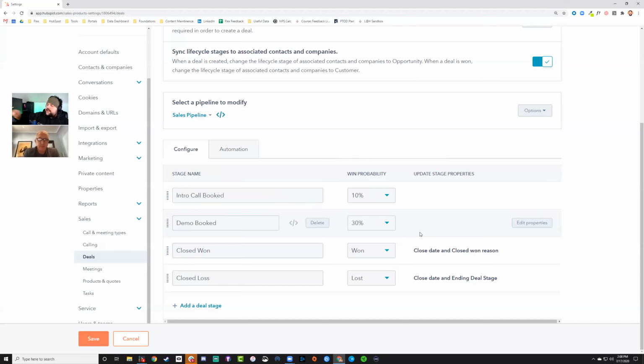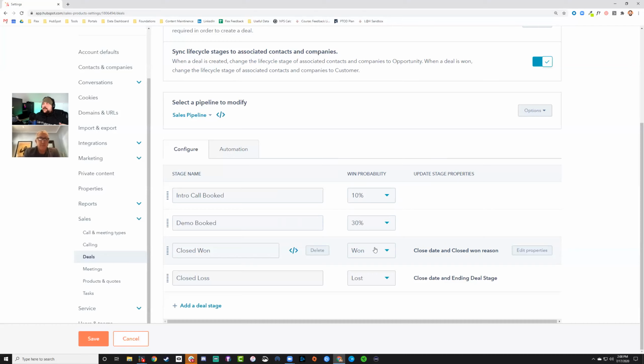But then you also have a prospective close date. When do you think the business is going to be closed by? Yep. When you look at your revenue forecasting reports in HubSpot, the way that HubSpot forecasts that revenue is it looks at the deal close date. So what day is this supposed to close? It then looks at the amount that the deal is worth. And then it looks at the win probability here to say, hey, well, you may close this much revenue within this time frame, right? So if this was a deal for